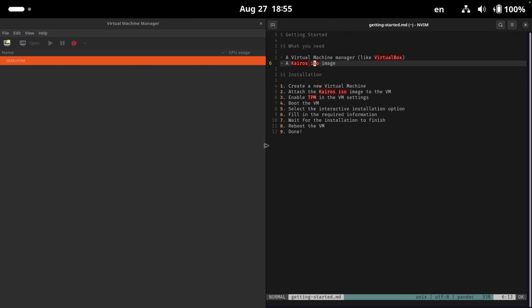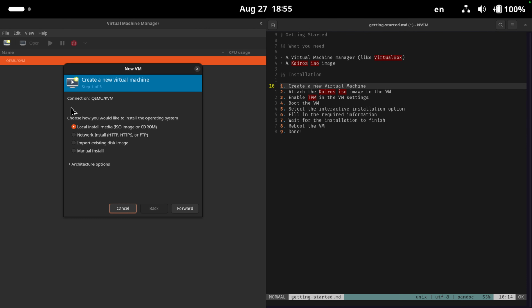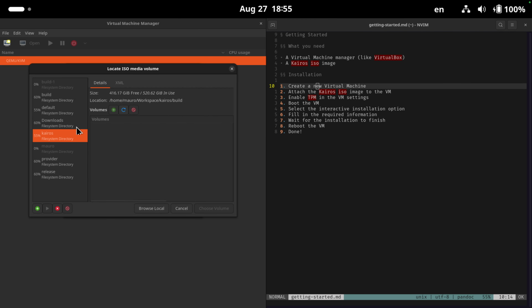And the first thing that we're going to do is create a new VM. So I'm going to use an ISO image. I'm going to browse here. Here is where I have saved mine. You can see that our artifact starts with Kairos. That's a convention that we have. Then we follow with the flavor of the image,